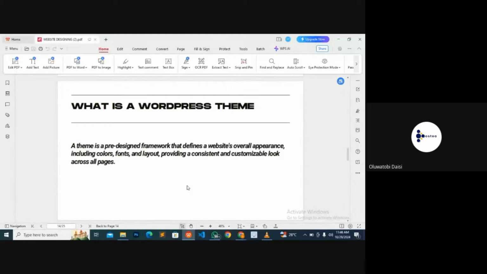Okay, so a theme is your website skin, as I said earlier. It is that thing that you install to your website that gives it a pre-look. Okay, so it's like a pre-designed website already, such that when you install it on your website, you have almost a complete job done already. That theme was designed by somebody else. They designed it as something like a demo that you can install on your website, depending on the kind of website you are building. So when you install it, it comes with images, it comes with write-up, it comes with a whole lot of things.